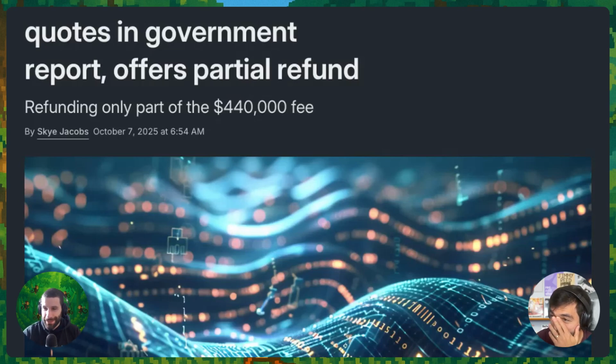Deloitte Australia admits that an AI tool fabricated citations and quotes in a 440,000 government review. A revised report discloses use of Azure OpenAI GPT-4o and removes a fake judicial quote on page 58. Expect stricter disclosure rules and clients asking what exactly was machine made. Interesting, eh? So this is